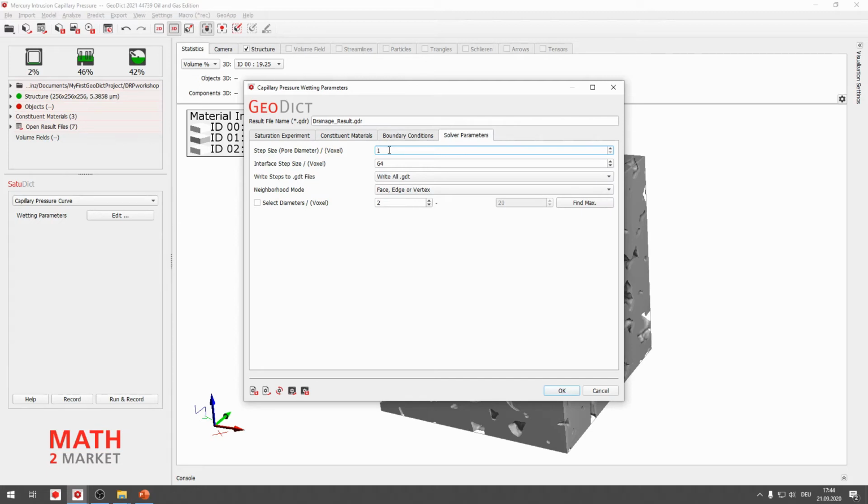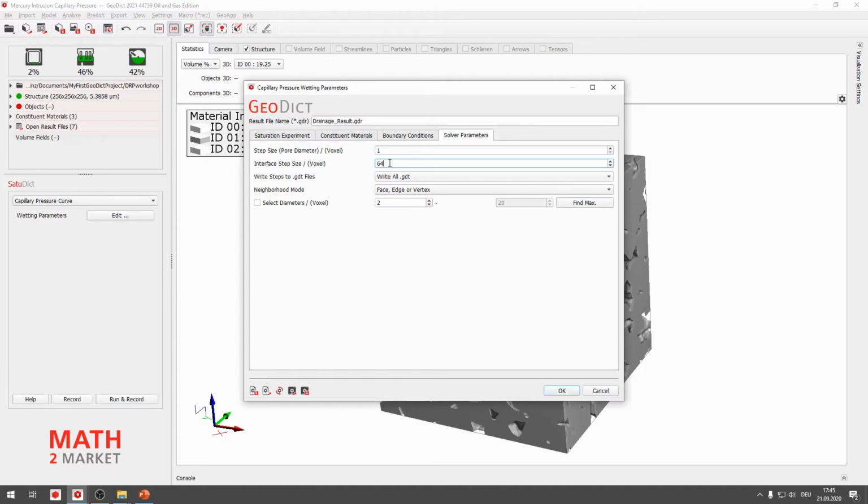So the first thing here you see is the step size. In previous GeoDict editions, the step size was in pore radii. So you had to enter 0.5 previously, but now it's the pore diameter that you enter. So 1 is the minimum step size, gives you a maximum resolution of the fluid movement.